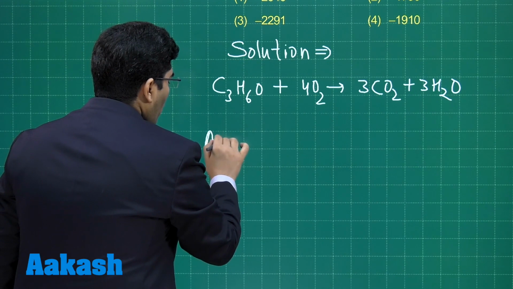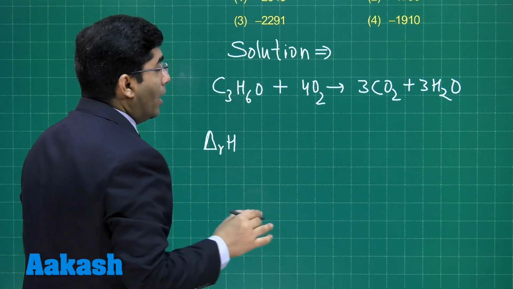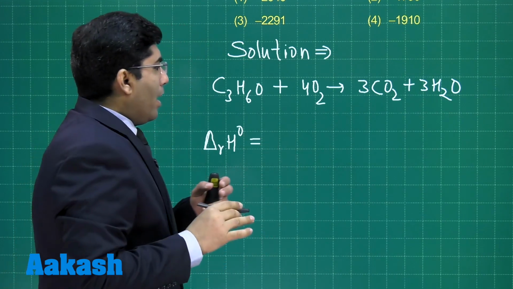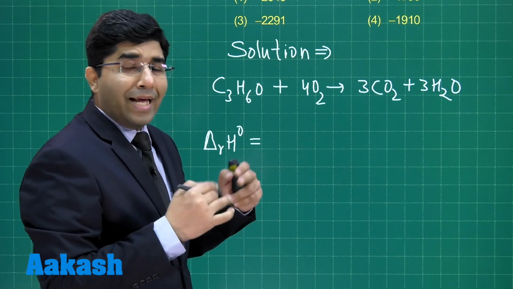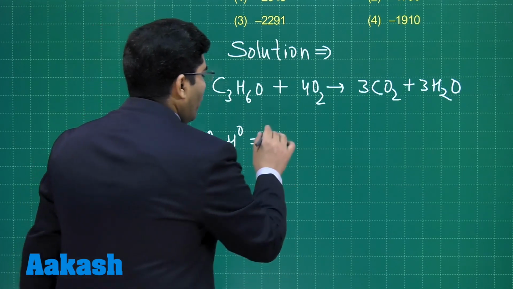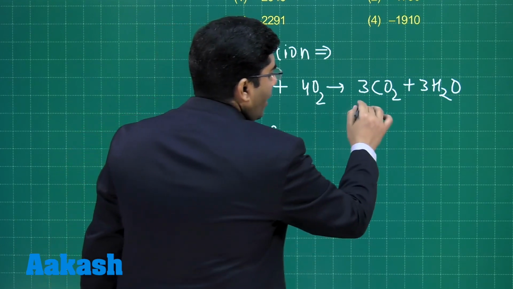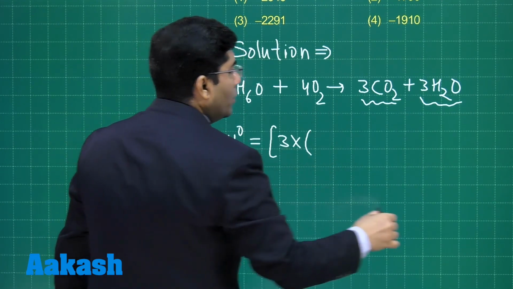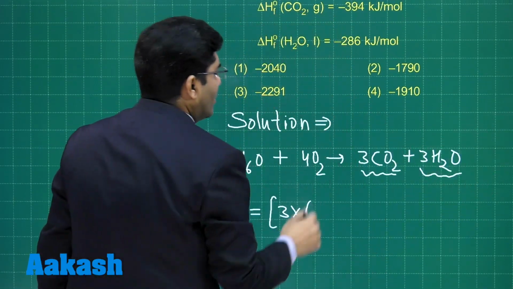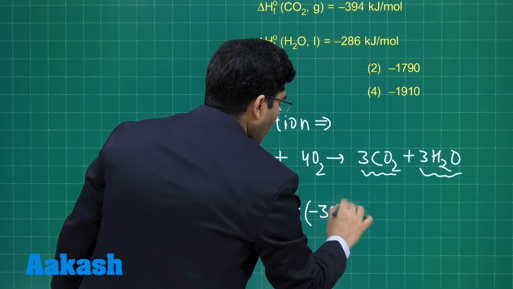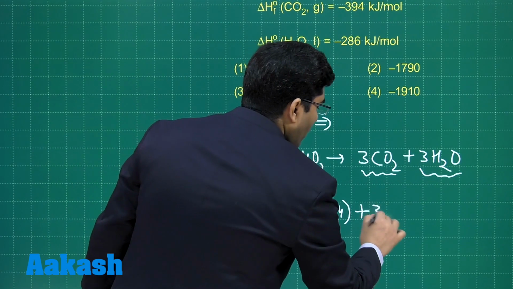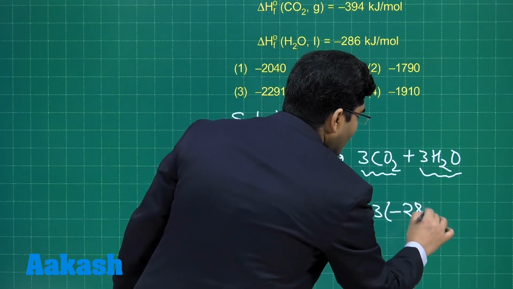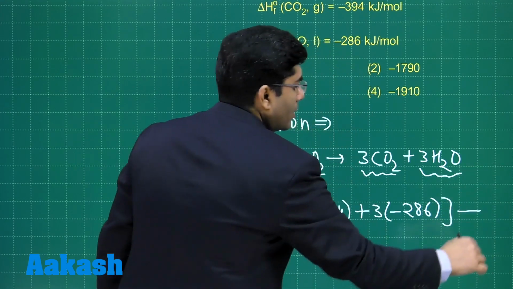Enthalpy of reaction, this particular reaction, you can say the enthalpy of combustion of acetone, right. So, that will be enthalpy of formation of the products minus enthalpy of formation of the reactants. The products are carbon dioxide and water. Therefore, it will be 3 multiplied by the enthalpy of formation of CO2, which is given to us, minus 394, plus 3 multiplied by the enthalpy of formation of water, that is also given to us, minus 286, and minus the enthalpy of formation